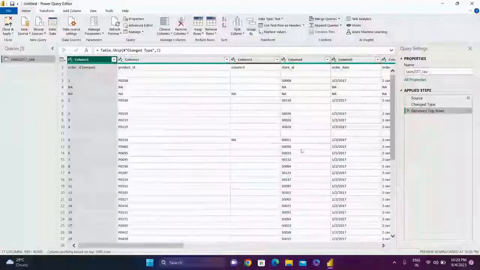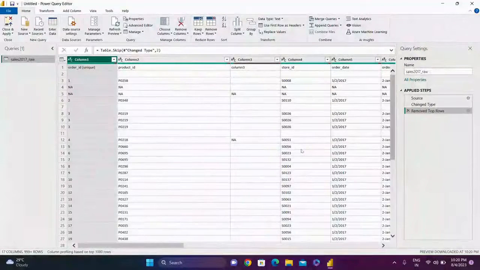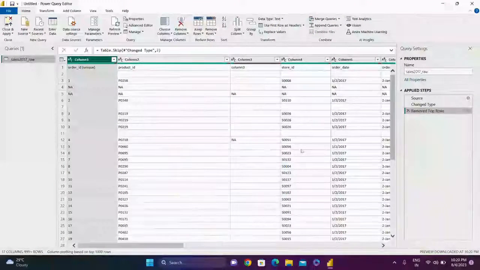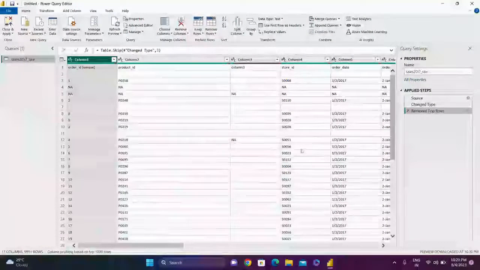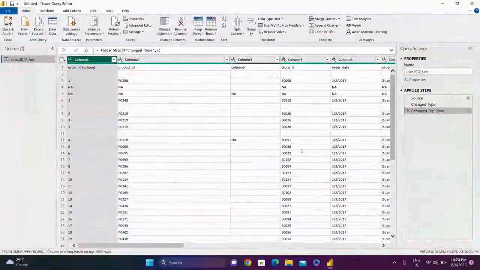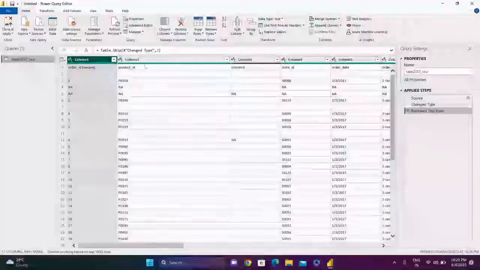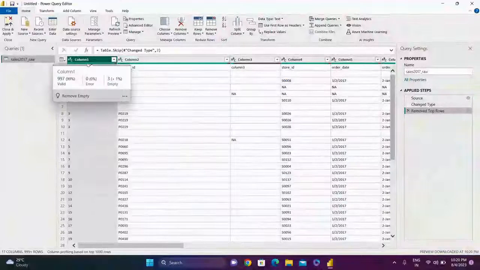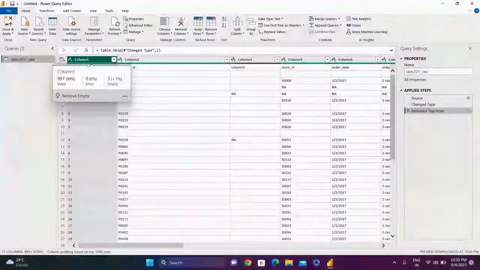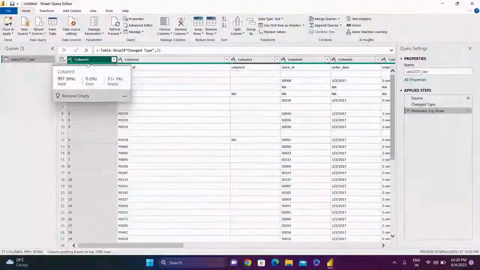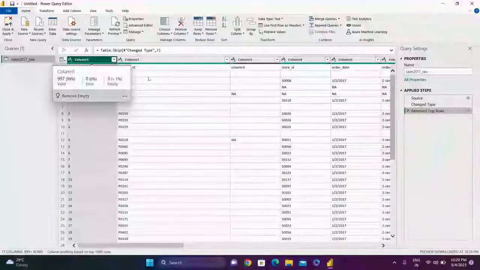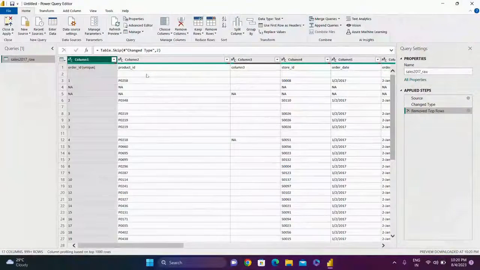And now you can see that the two unwanted rows that were already available here are no longer present in this table, which means we are free from those rows. Now the second thing that is coming up in my mind is the column title that is visible here. So here we can see the columns are coming as Column1, Column2, Column3. By getting these names as Column1, Column2, Column3, it's hard for us to understand what kind of data is available in Column1 or 2 and so on. So definitely this is not the correct name for it.